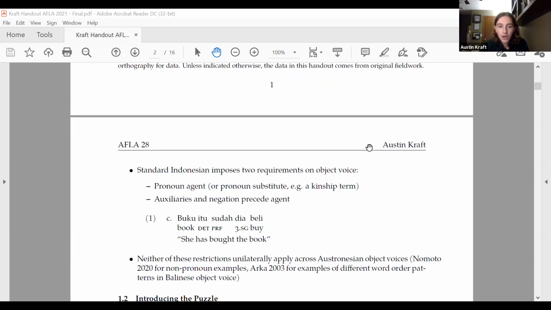Next, another piece to keep in perspective is that neither of these restrictions unilaterally apply across Austronesian object voices. In earlier talks in previous blocks of AFLA this week, we've seen object voice constructions that don't abide by these standard Indonesian requirements, and it's also been documented in previous literature. So now I would like to